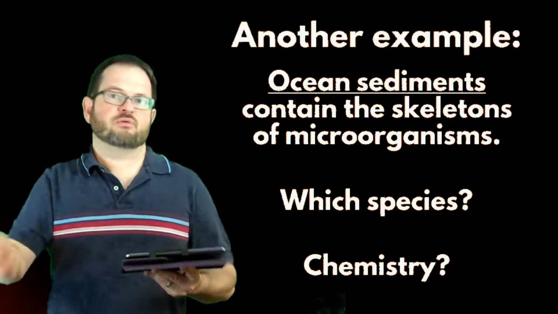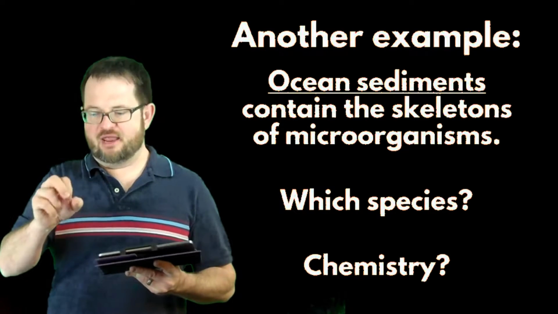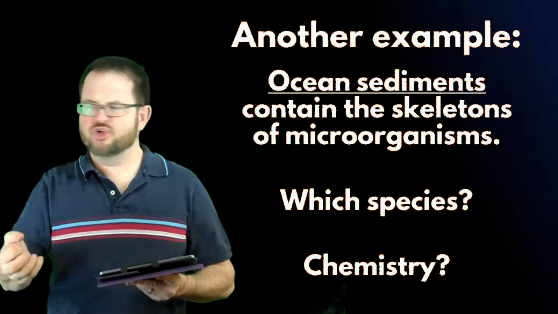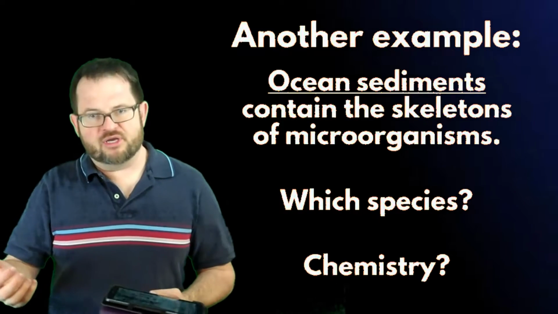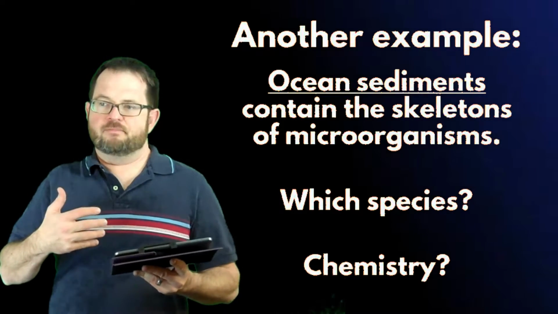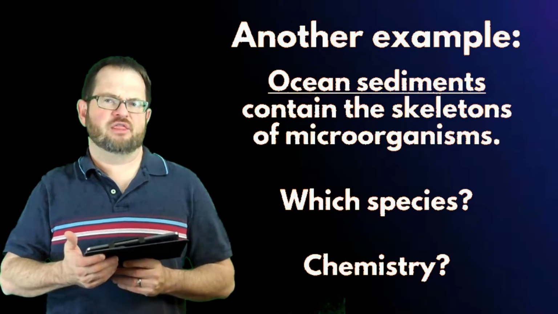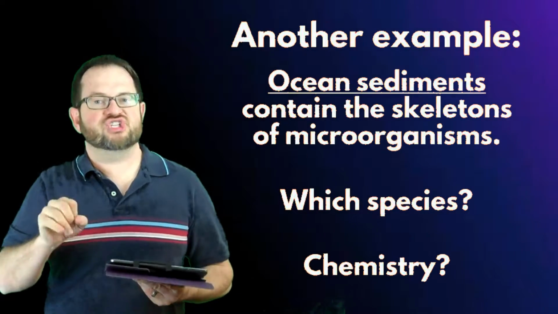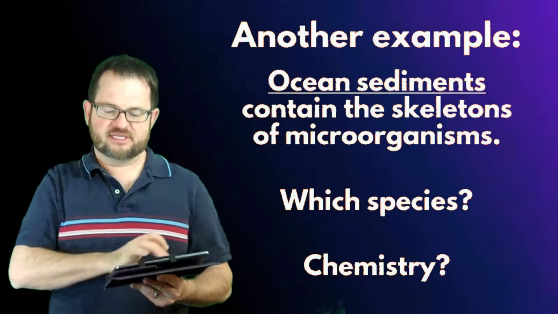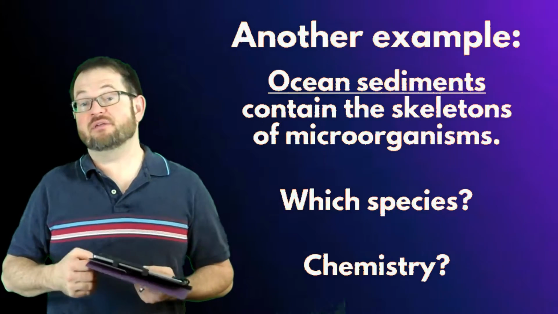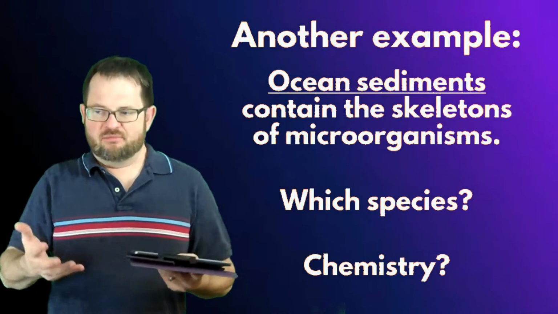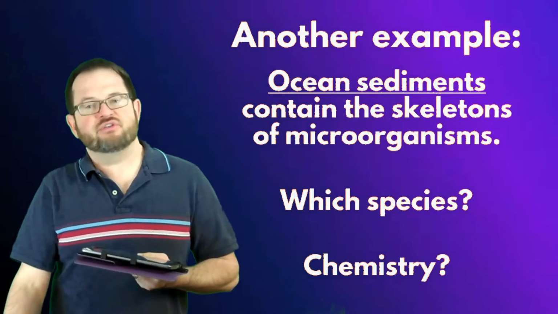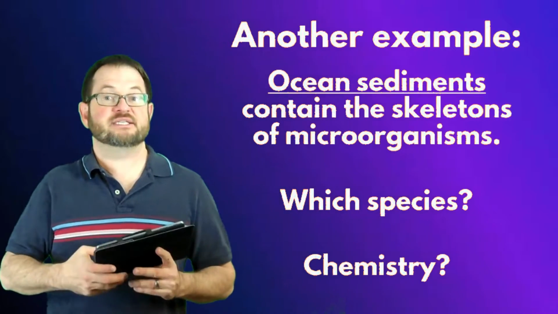Things like microorganisms that are dead and are in those sediments. They have skeletons that are composed of certain minerals. What species of microorganisms were living at that time? We can learn things about the chemistry of them. We'll learn about that in a little bit, but the chemistry of exactly the materials that make up the shells and so on of these little microorganisms is another example of the kinds of paleoclimate information we can extract. And we can be learning a great deal about the whole area that river drains from the sediments that then fall down into the base of the ocean when that river meets the sea.